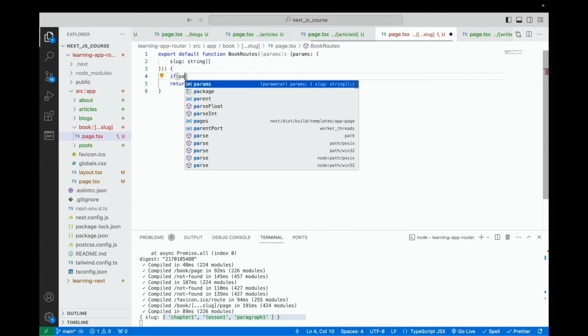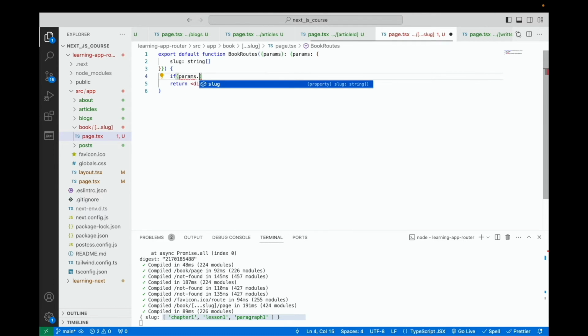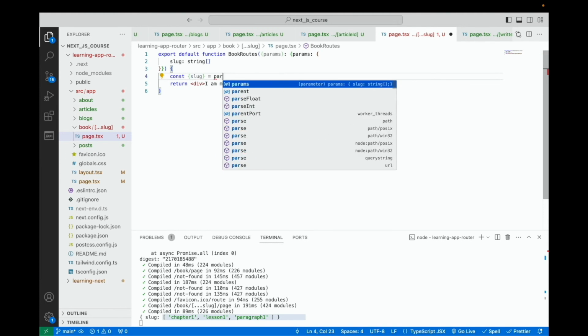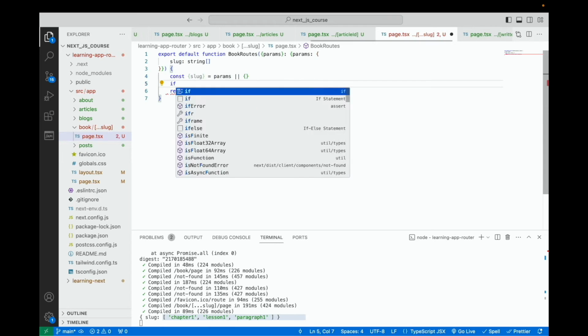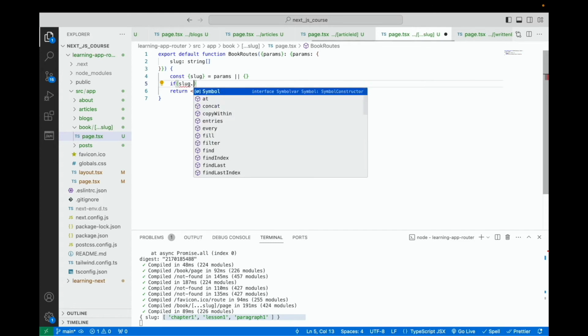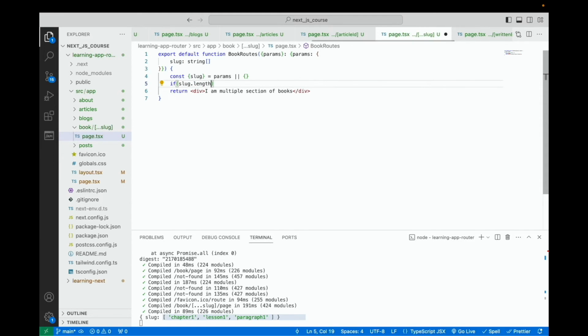First of all, let's do a destructure. If slug.length == 1, then we will return